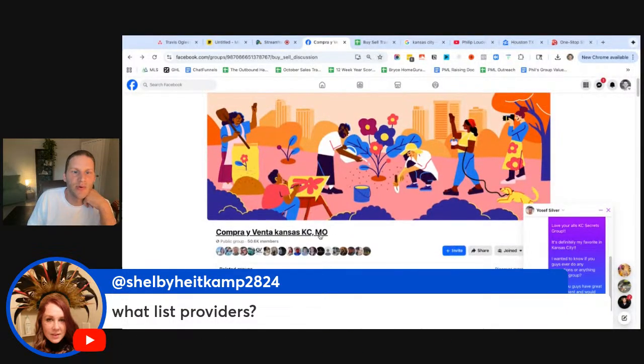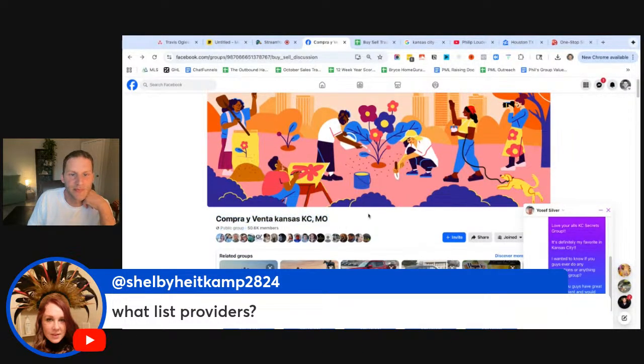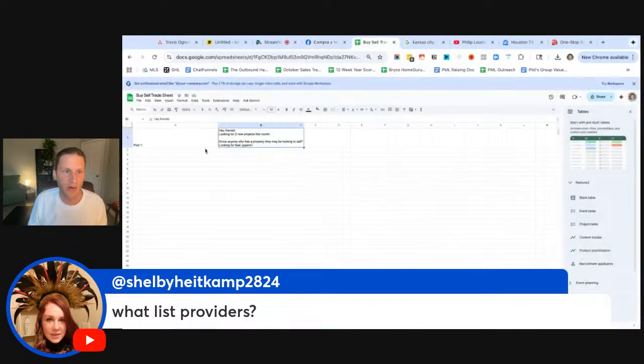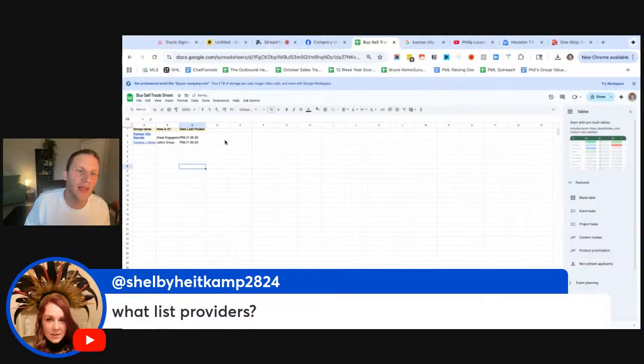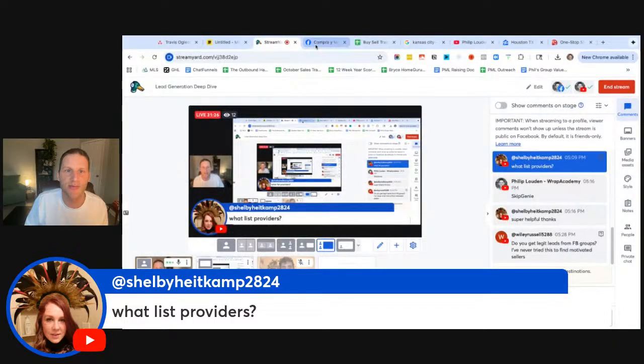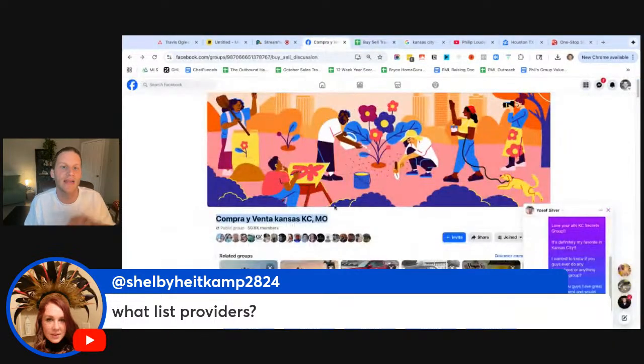And then we'll grab this group. You can easily build a system and process for this, right? We bought probably 5 or 6 houses this way, because you can get one house a month like this for sure. Part of the trick is going to be finding the best groups, right? It takes a little trial and error.